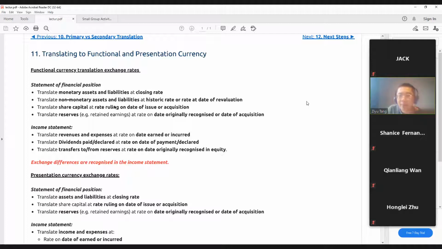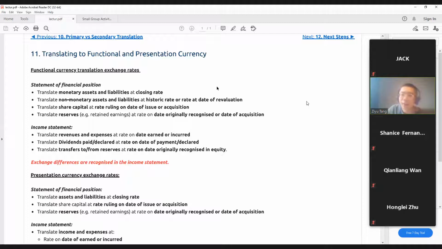Except for this rule, all the other rules, at least for the financial position, are similar. These two methods, the temporal method and the net investment method, are similar. So let's first discuss the temporal method, which also uses the functional currency translation exchange rate